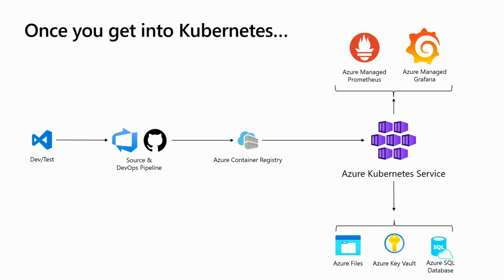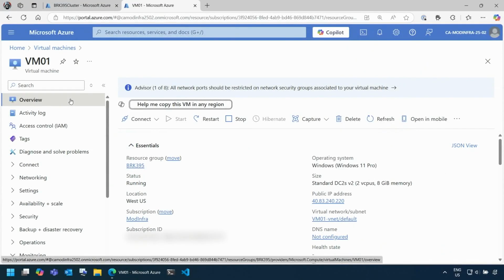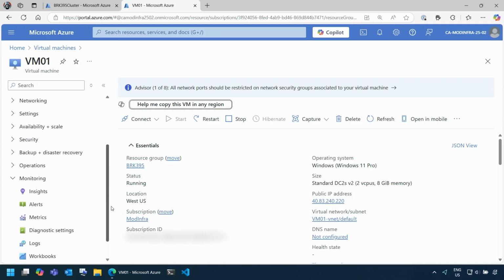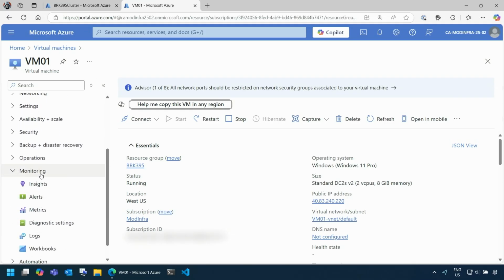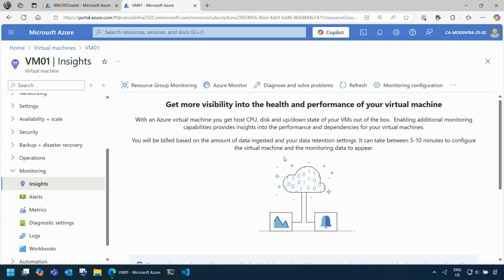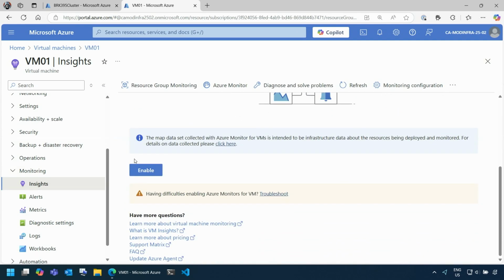Yep. Let's go. So if I'm looking at my machine there, I'm looking at a VM. It's a VM that we just created. There's not much running in it. But if I want to connect to it, it's the same thing. But if I want to monitor it, because this is what we're talking about here, I have my insights. So I can go in here and I can enable it. It will put in an agent.